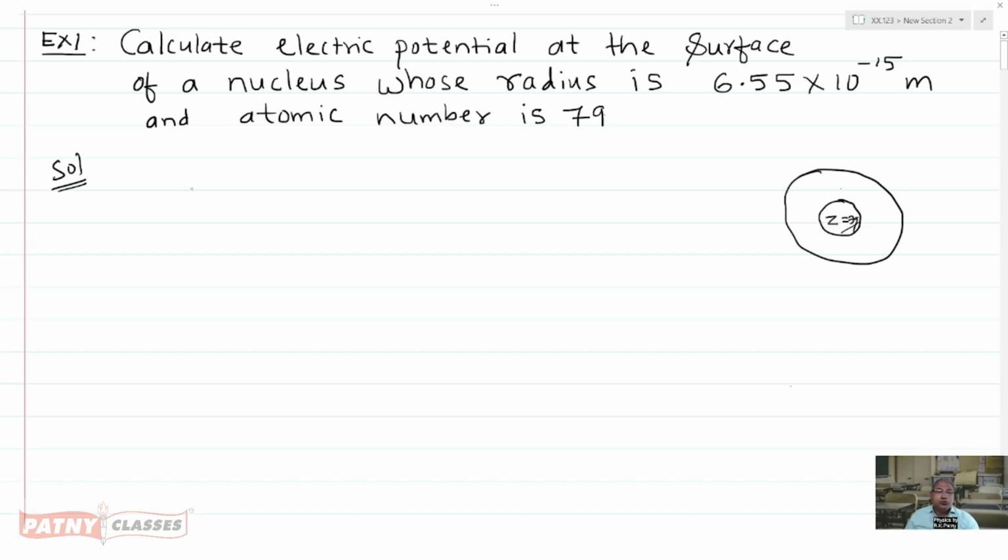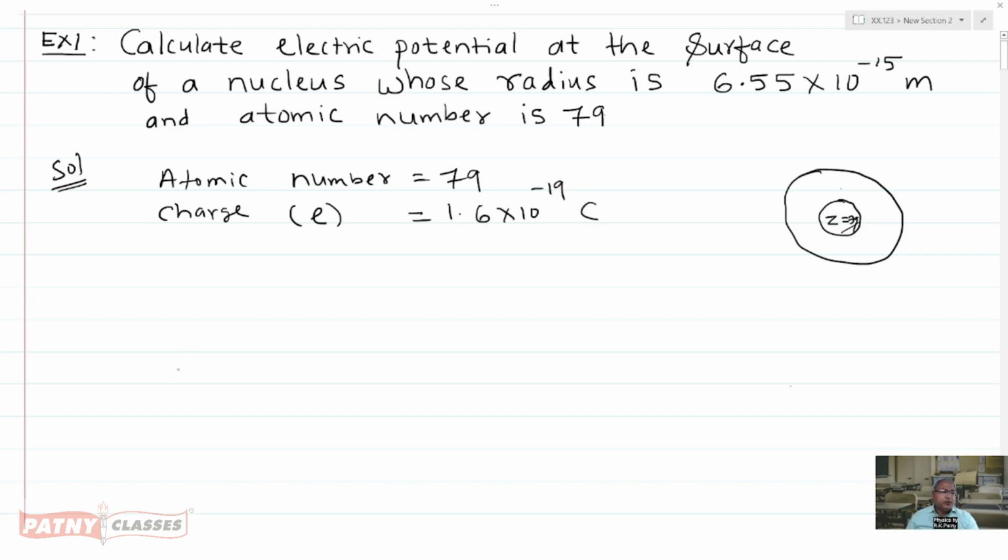So the atomic number, what is the value of atomic number? That is 79. That means there are 79 particles present at the center, and the charge e on the single particle is nothing but 1.6 into 10 raised to minus 19 coulombs. So there are a total of 79 particles, and charge on the single particle is 1.6 into 10 raised to minus 19 coulombs. Therefore total charge